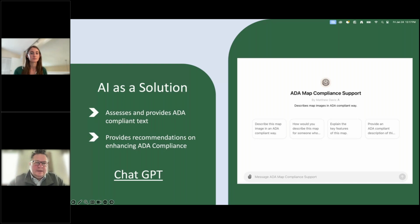So as Amelia is saying, basically the problem statement is there's a lot of legislation. It's not really particularly founded in an enforcement mechanism, it's more so an encouragement mechanism. So the idea being, we want to certainly encourage, and then later on there would be an enforcement with that date and deadline approaching. But as you can imagine, if you're a GIS person, or even if you're a planner who's utilizing technology, you can imagine that there's a tremendous time constraint and knowledge gap to close as it relates